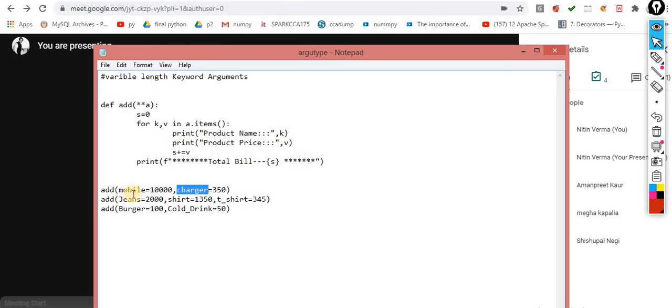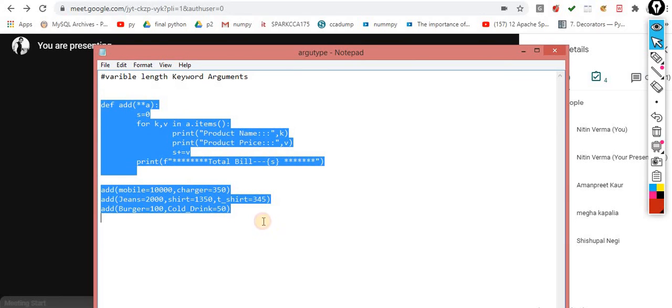So here we'll pass the product ID, not the product name. Basically in a real time scenario we will pass the product ID, because a mobile can be of n number of types, but different mobiles have different product IDs, and we can call that product ID from a particular data set. So this one is very basic to understand the concept.